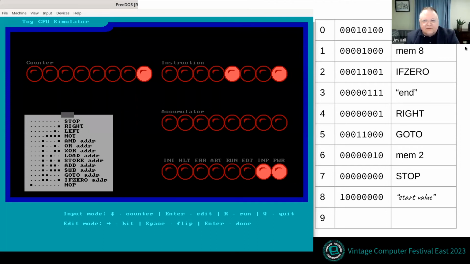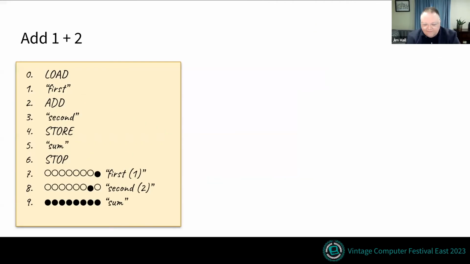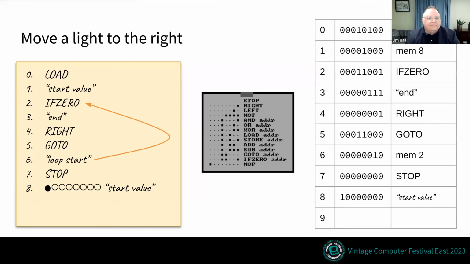Let me go back to the reminder here of what we got. We're doing the load from some starting value. And then we're going to test if it's 0, right? Because we're going to move it to the right, we're going to test until basically it's gone off the accumulator. So we're going to test if it's 0. And if it is, we're going to jump to the end of the program. And then we're going to do a bit shift